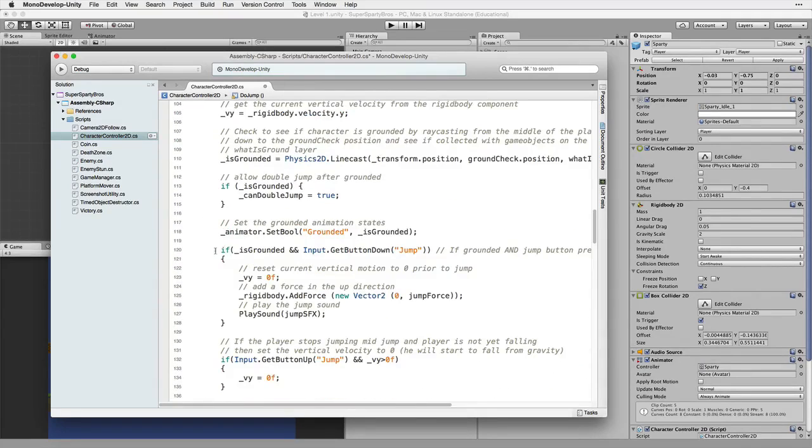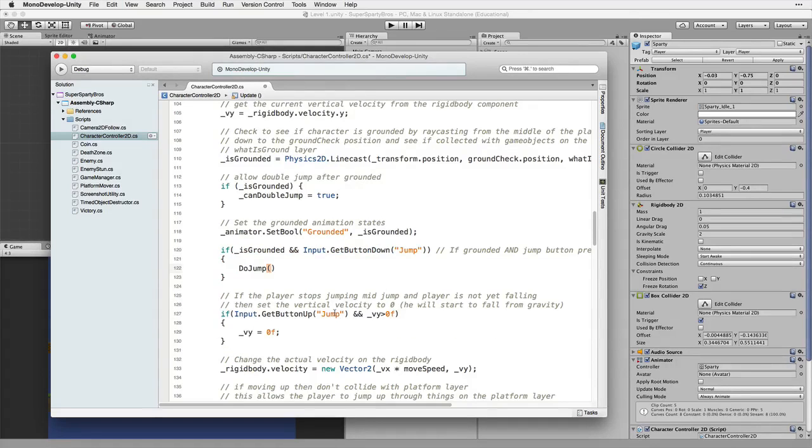So here's the if I'm grounded and I hit the jump key. I've got that code down below now, so I can just call that do jump function and it will do the exact same thing that it did before. But now that I have it in a function, I could call it for my double jump as well. So we'll set the double jump as essentially an else if here. So if I'm grounded and the jump was pressed, I'm going to do jump. Else if